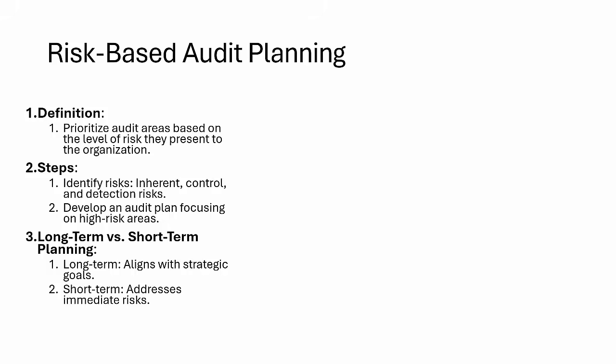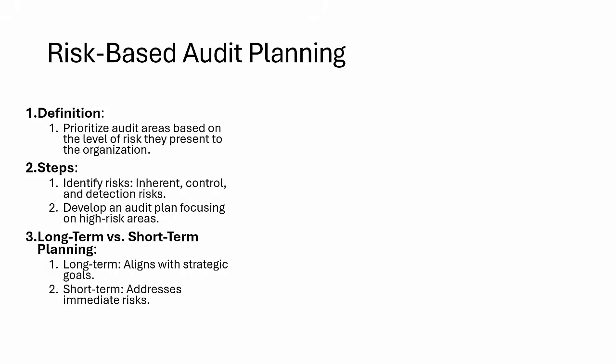Financial audits happen every year because the process is highly critical. Data center security audits happen every 3 years. Okay, so we follow this cycle. When an auditor conducts any audit, the first thing is planning: what processes they need to audit. So they do the audit based on risk assessment. By understanding the nature of the business, the IS auditor can identify and categorize the types of risk, which will better determine the risk model or approach in conducting the audit. And by prioritizing audit areas based on level of risk, they can present to the organization.